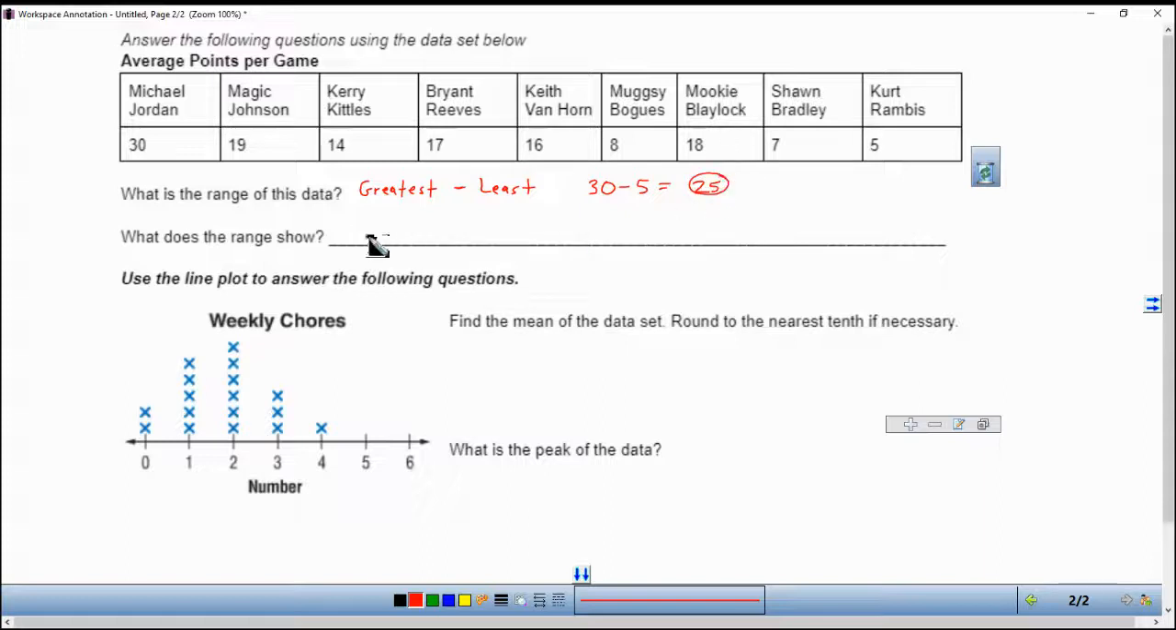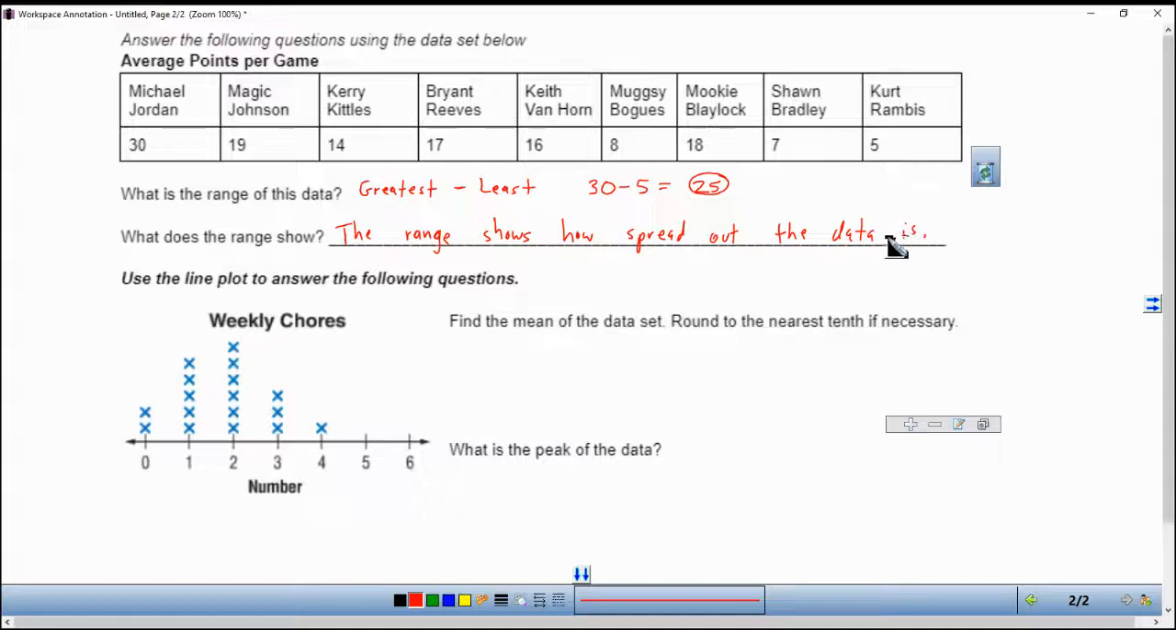Now, what does the range show? The range shows how spread out the data is. So the mean and median